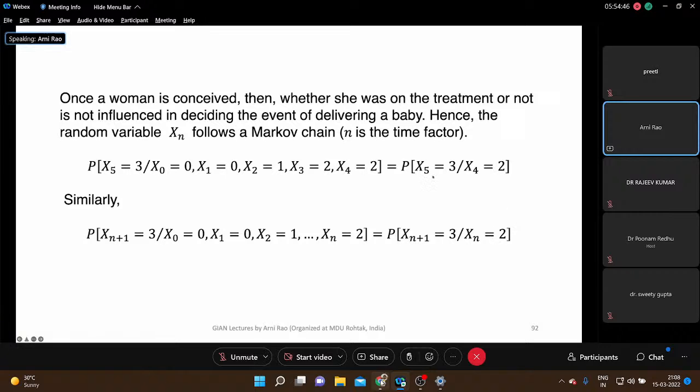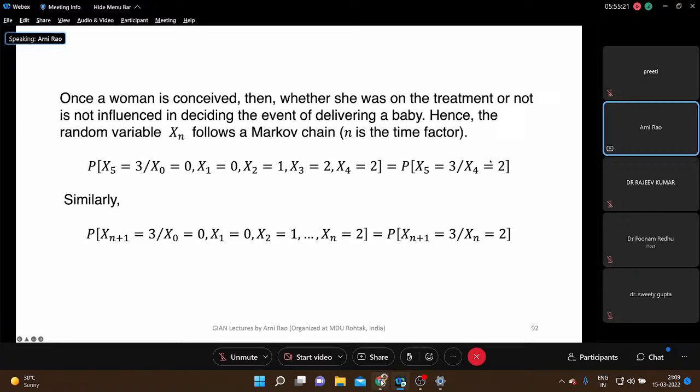Now only for state 2 to 3, that's our end game, because an infertile woman comes to the clinic only for delivering a baby. So that's the main probability. If you read that article, you'll see various other probabilities and computations are discussed there. But this is the crux of the question: can we compute this? If this probability is very high for a particular woman, then particular treatment options are given. What type of treatment is to be given? This computation of probability is done.